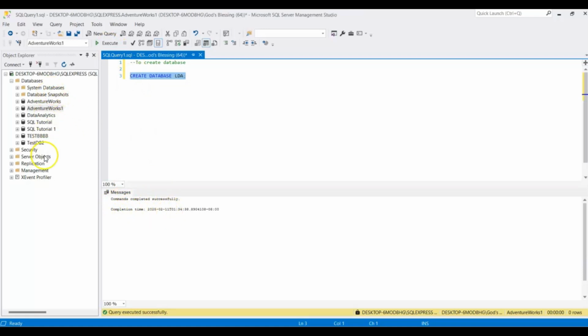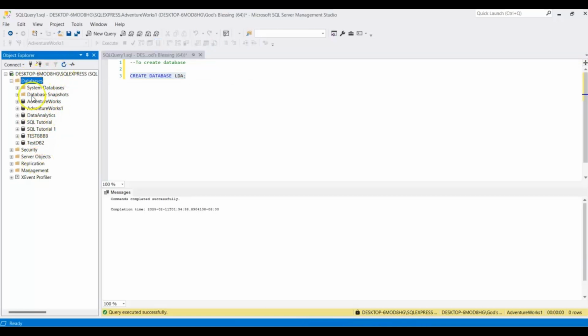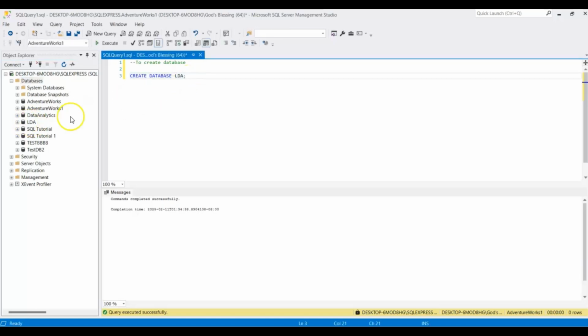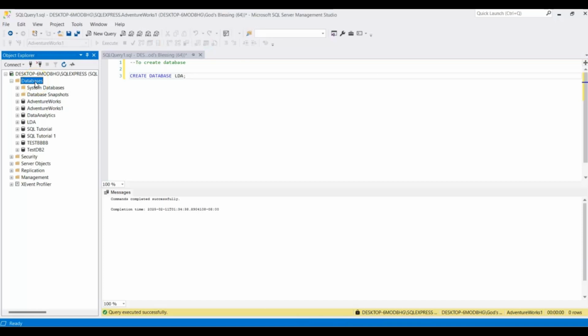So how then will I get to see the database I have here? I would come here and refresh this, or you press F5 on your system, and you can see we've created a database called LDA. Another way you can create a database is by coming here, selecting Databases, right-clicking, and you see New Database. So I'll click on New Database,